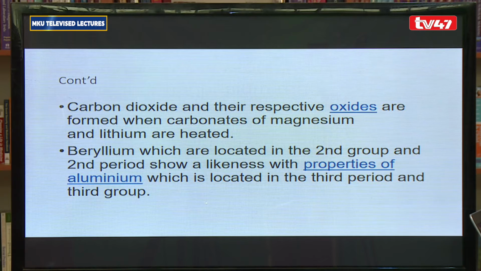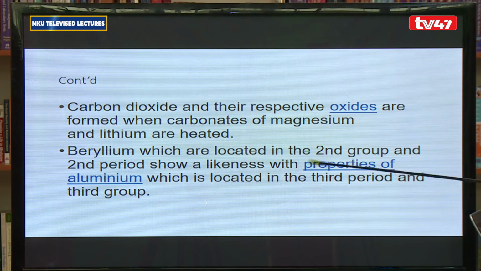The other thing is that carbon dioxide and their respective oxides are formed when carbonates of magnesium and lithium are heated. So we had also seen this, that the carbonates of group 1 elements cannot be decomposed, but the carbonate of lithium decomposes completely to give carbon dioxide and the oxide. The other one, beryllium. So that is some of the examples of the diagonal relationship between lithium